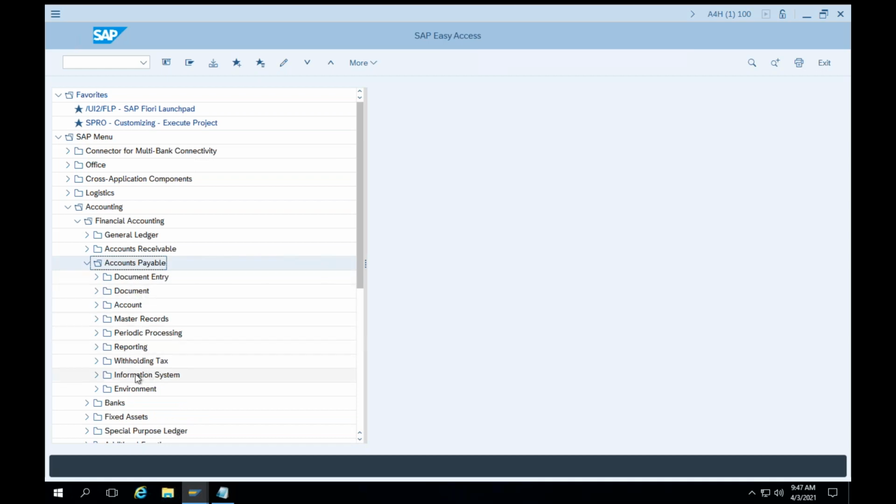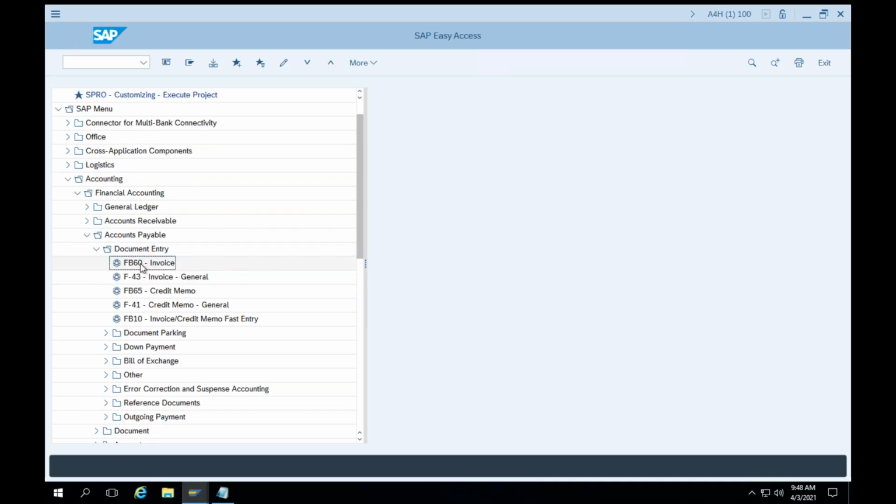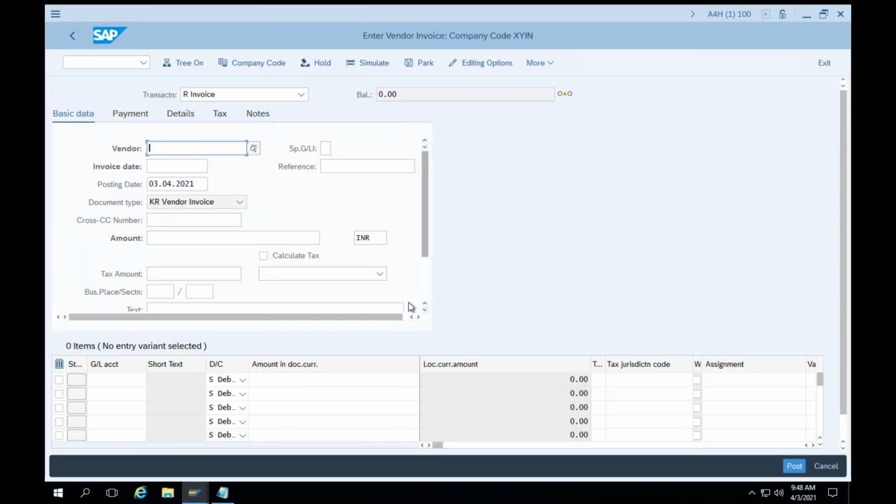You can see the flow is exactly the same as in general ledger accounting. You have document entry, account, master records, everything is the same in accounts payable also. When we are talking about creating an invoice, making the payment, everything comes under document entry. If you open the document entry, you can see the first activity itself is create a vendor invoice. If you double click on this, you can see the screen is similar to general ledger accounting, similar to transaction FB50. Only difference is in general ledger accounting, here we were specifying two GLs, one for debit, second for